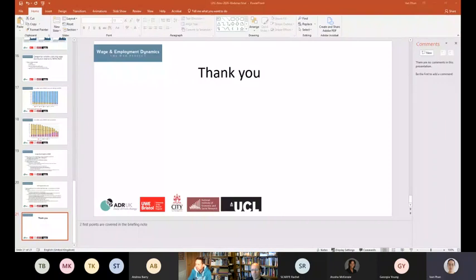Yep, Felix, you've got your hand up. Go ahead. Just to say that yeah, the variables and things that Phan talks about should all be available, as well as some of the underlying methodology. So, for example, for the main job, trying to identify the main job, there is a variable in ASHE for this. We're not entirely sure what it relates to, because it has a very poor correlation with hours and maximum either weekly or hourly earnings. So there's a paper coming out which will describe the basis for all of these things. Thank you.